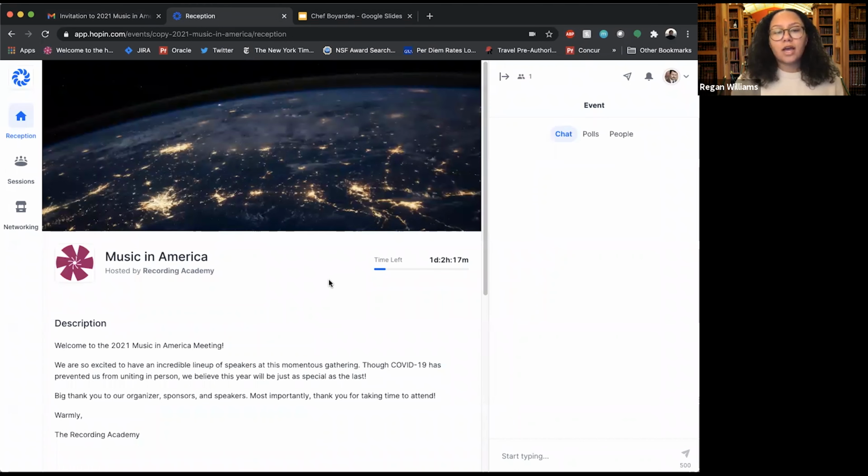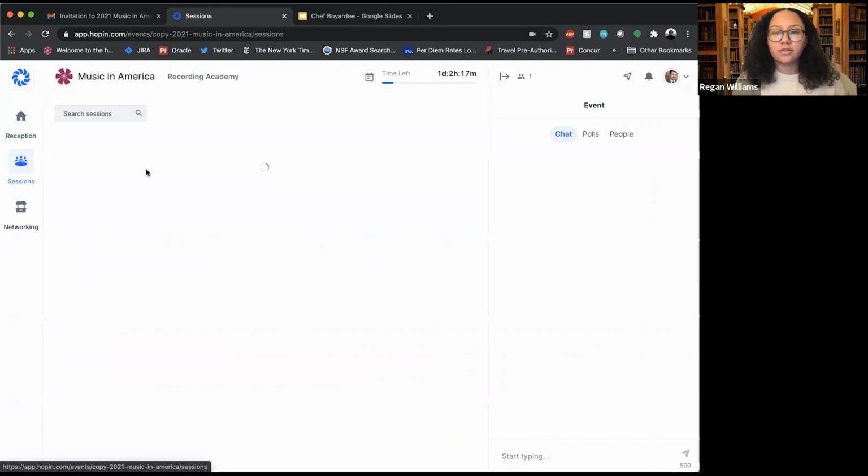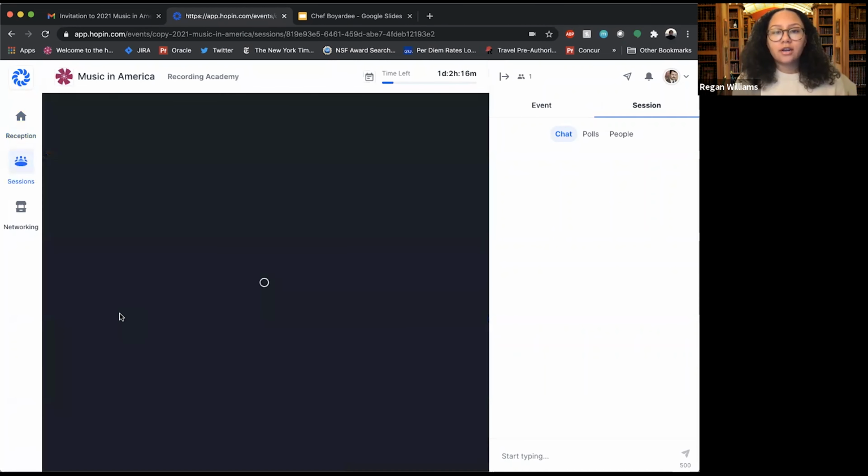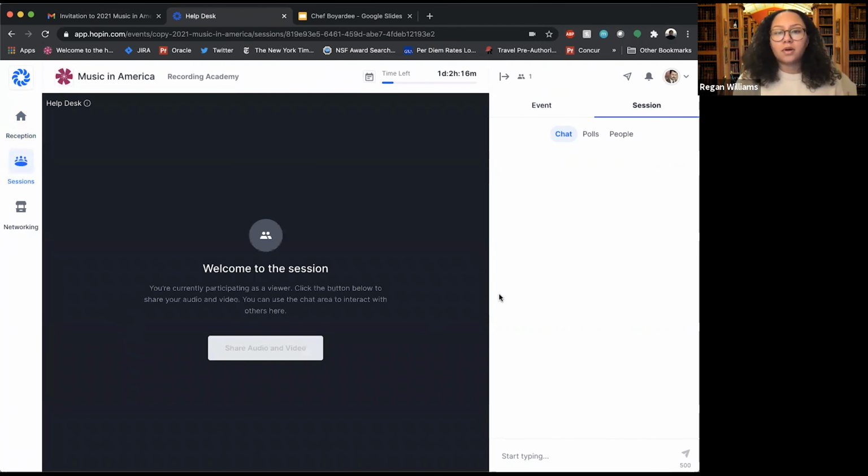Please note that you will have to access Hopin from the Chrome or Firefox browser. Hopin doesn't support other browsers at this time. Once there, navigate to the Sessions area and click into one of the example sessions. You should have an option to share audio and video pop up on screen for the purposes of this demo